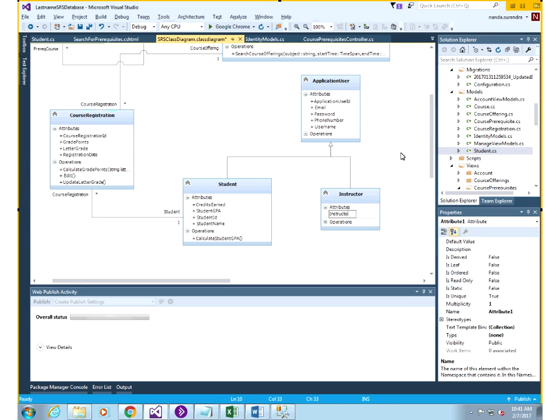What else would an instructor need? Unless you want them to be totally anonymous, which I wouldn't mind at this point. But anyway, if I put instructor name in here,